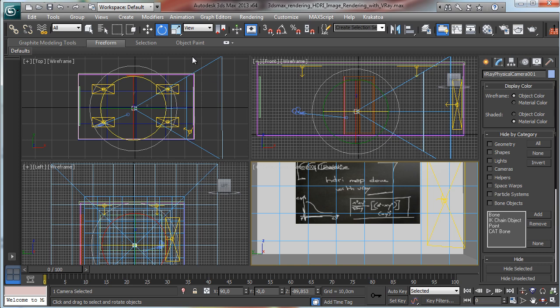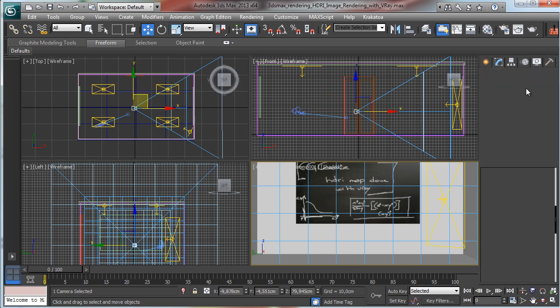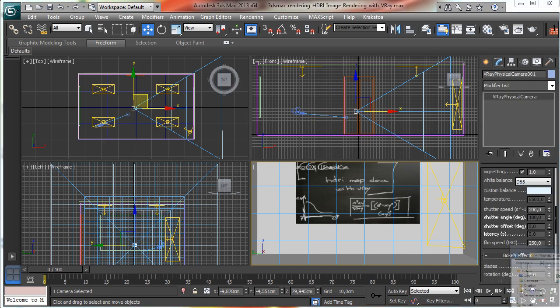Okay, now we can set other parameters to have it used in the right way. So the first thing I like to do is to change some parameters, and let's set